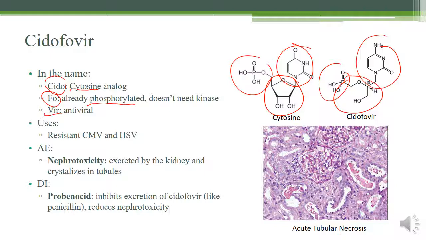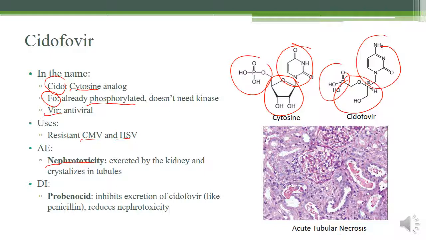Now, what it's used for is it's saved for pretty much the more resistant CMV and HSV. The ones that don't really have a thymidine, you want to give them something that is already pre-phosphorylated, so it's already pre-activated. The adverse effects are going to be very similar to this other cyclovir family in that it causes